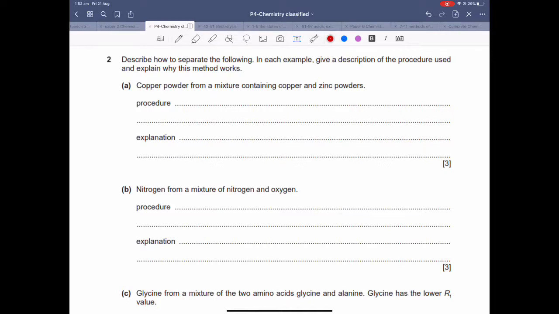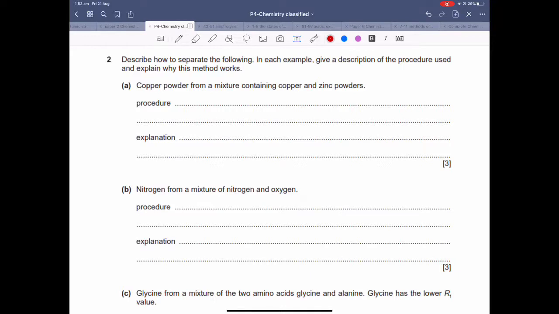How will you know when the reaction's over and all of the zinc has reacted? There's a couple of ways, but the easiest way is to remember that when acid reacts with metal, you get salt plus hydrogen. And that hydrogen is going to appear in the form of bubbles. So when the bubbles stop appearing, you know the reaction's over and all of the zinc has reacted. Obviously you can heat and stir whilst you're carrying out this process. Turn all of the zinc into an aqueous salt solution, leaving the insoluble, unreacted, solid copper behind, which can then